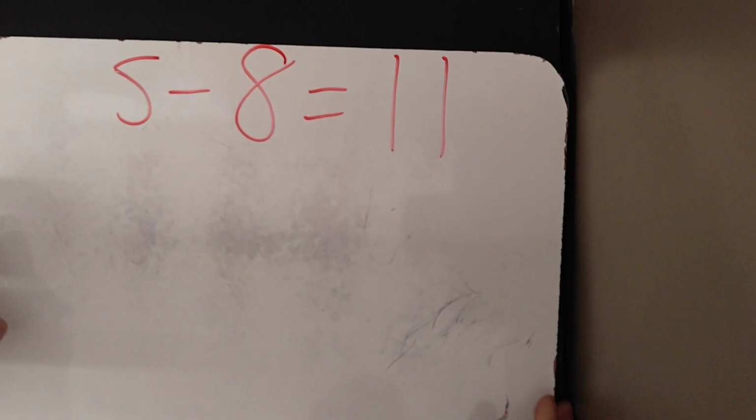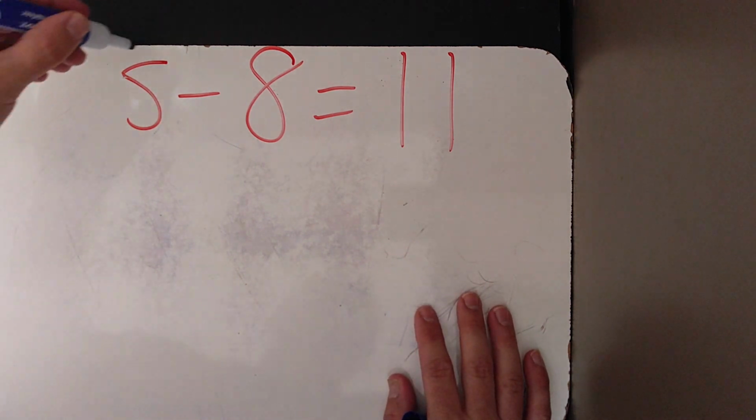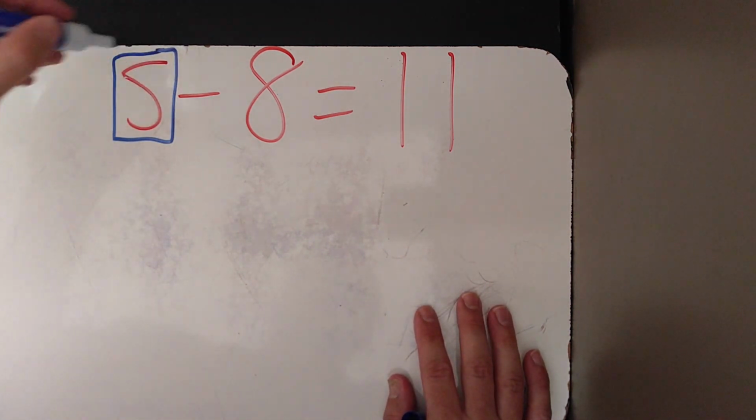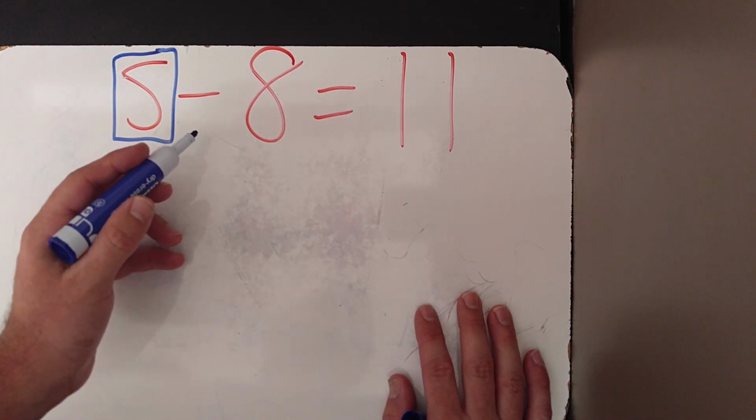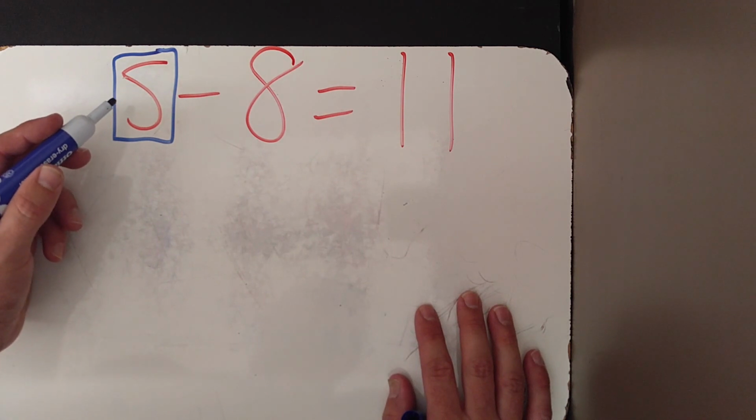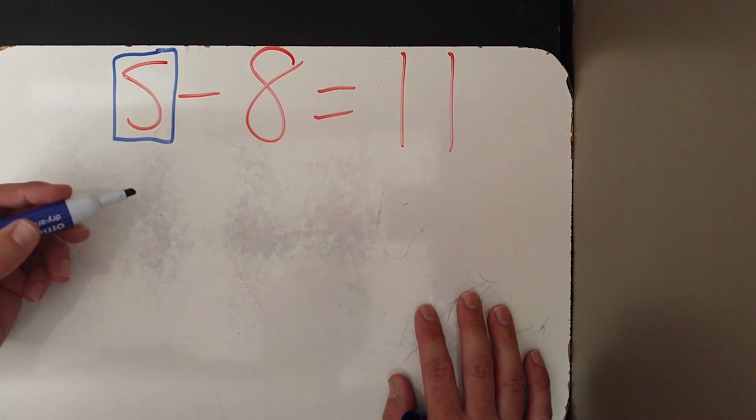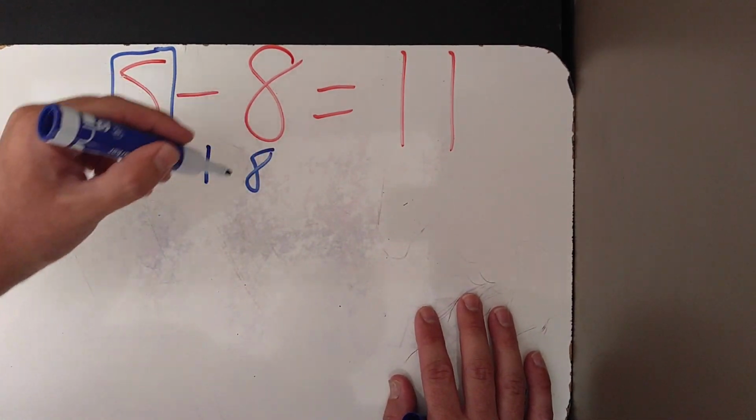The next one here is s minus 8 equaling 11. Once again, solving for s, you want to get s by itself. So you have here a negative 8. To get rid of that negative 8 on this side of the equation and leave the s by itself, you would perform the opposite operation. So minus 8 here, you would do plus 8 on this side,